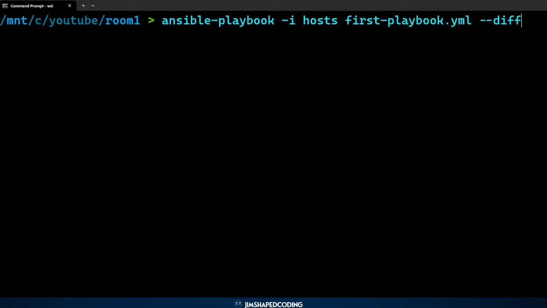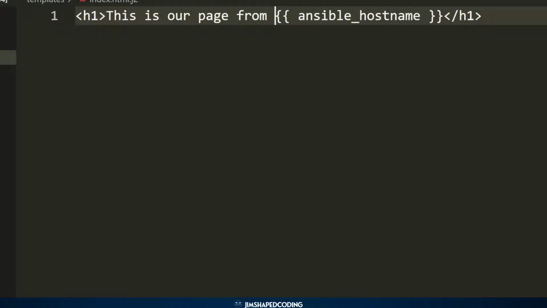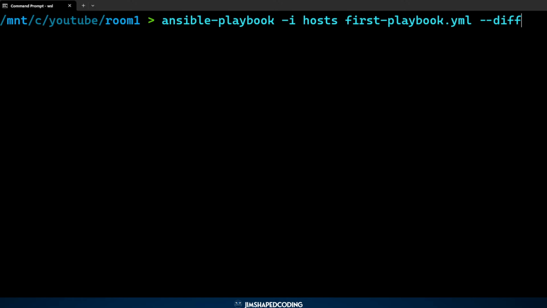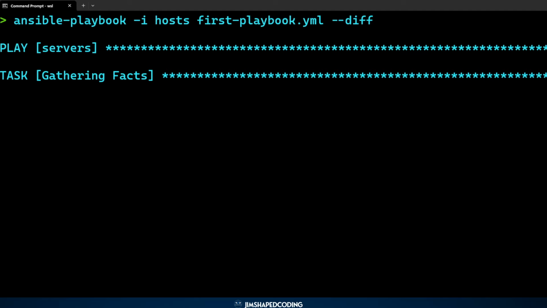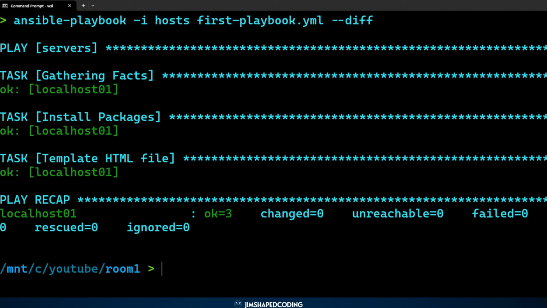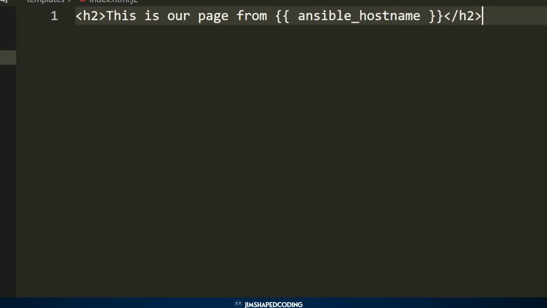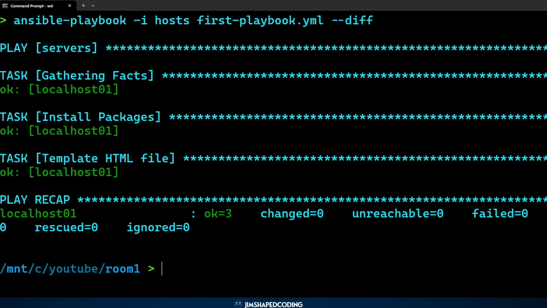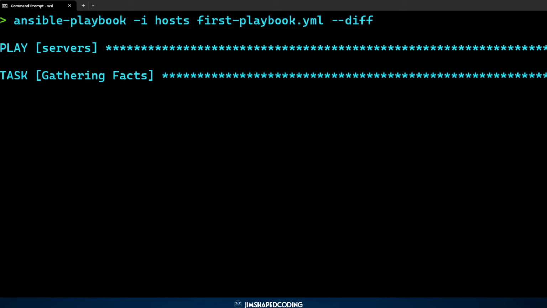be replaced with. And this means that if we go now to our Jinja2 file, and let's do a very minimalistic change, let's change the tags to be h2, and then we will go back to our terminal and run the playbook again. And excuse me, I did not save in Visual Studio Code, so let's do that one more time. And obviously nothing changed, so that is why we only saw okay. Now if we run it again,